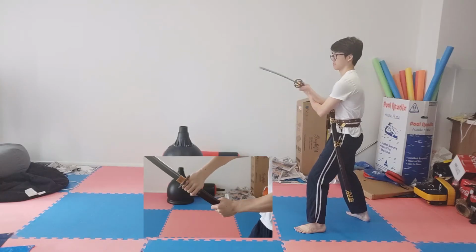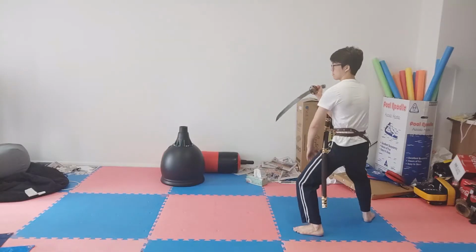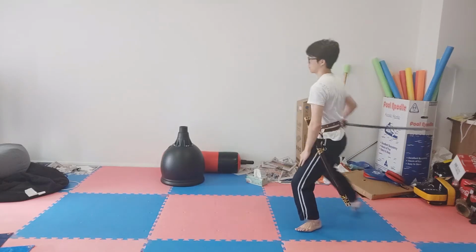And so in the Korean form, then you start in left back stance, and you transition to a single hand reversed right hand grip. And then your left hand acts as a strut on your left knee. From there then you use the right hand to wipe the sword on the upper arm of the left hand. And then you do a 360-degree spin. So you step 180 degrees to the front and you do a right hand horizontal cut to the left in